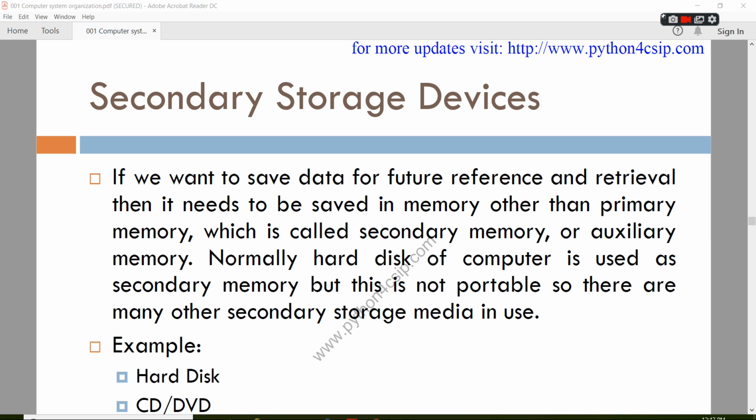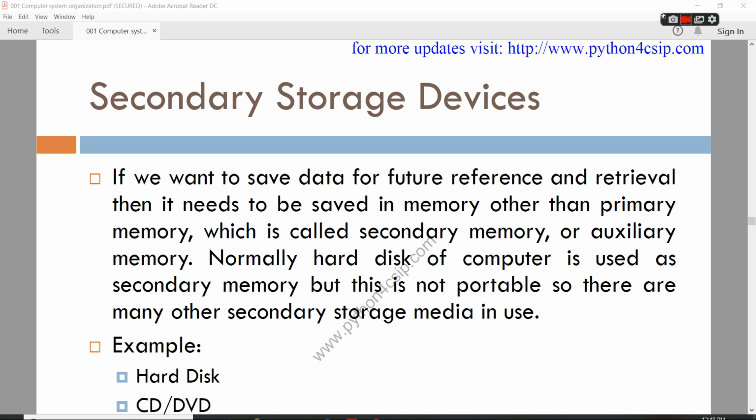Yesterday we have seen all input units, output units, as well as central processing unit, right? Central processing unit consists of three other units: control unit, memory unit, and arithmetic and logic unit. That has been seen yesterday, right? Now today we are going to see some of the more memory units that are secondary storage devices. Yesterday we have seen main memory, random access memory and ROM, read-only memory.